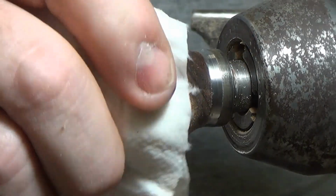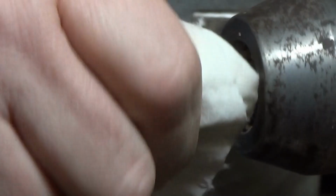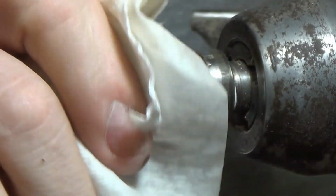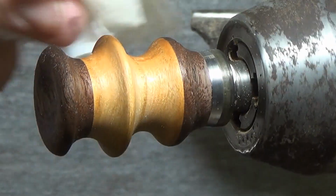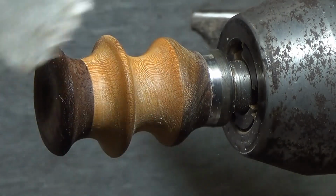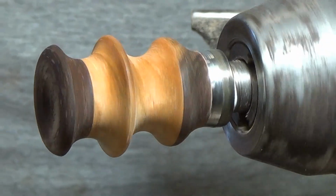So I prefer to clean up with walnut oil. I just don't have any right now. Denatured alcohol works fine, gets all the dust off of it. So there we go. Now we are fixing to